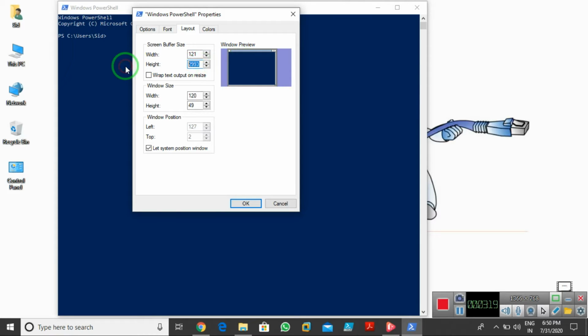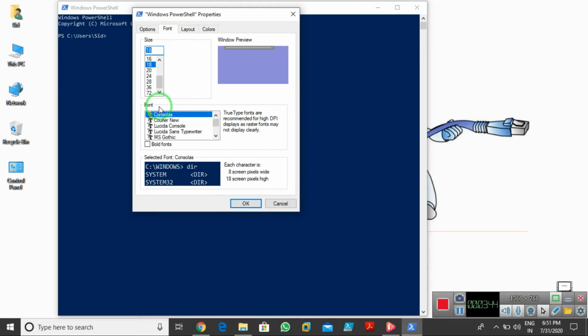Like if I go to 0 there, it's like height, how much height you want. You can see the height is now 4 and 4. You can go like this. By default it's 2000, and it shows like this, automatically previewed there. So we can change the window size, width and height, and we can change the font as well.